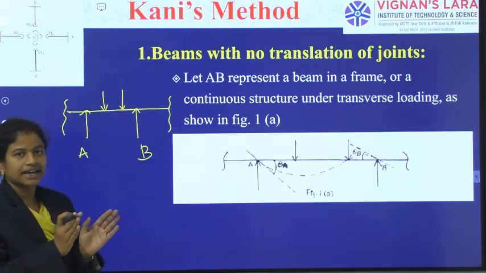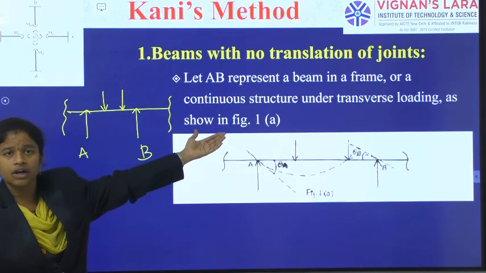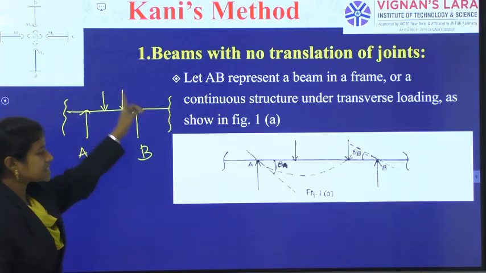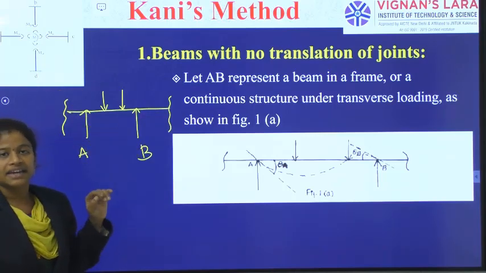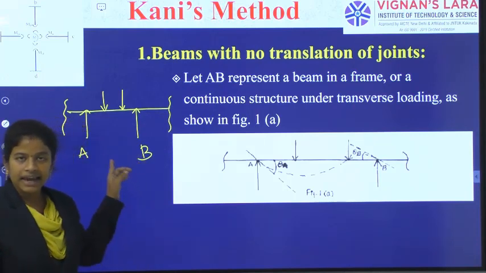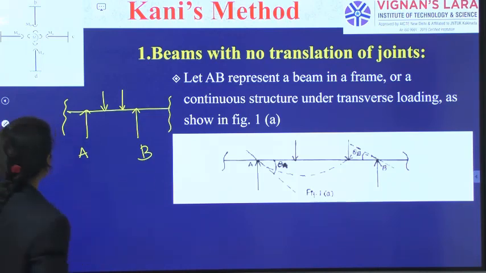This was an intermediate span, or a continuity of a beam, also a column-beam structure, which we call a frame. So this is the condition. Now in this structure, what you can observe here, at A and at B, I am observing some support moments. And at A and B, the beam has some slopes. That we will indicate next.